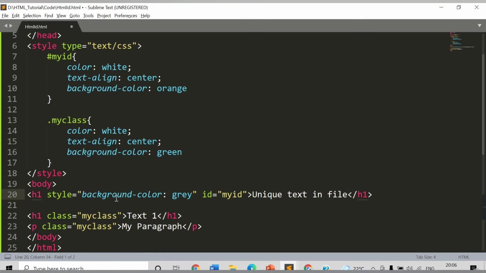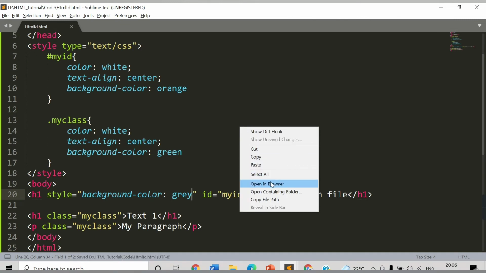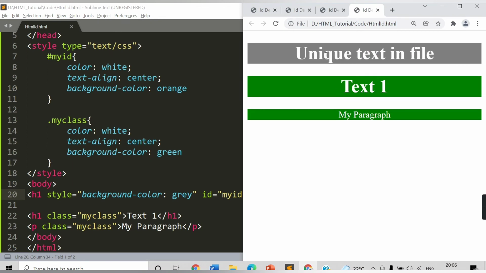Because here we are saying that the background color should be gray, but we have also provided the ID as myID, and inside myID the background color is orange. Let's check what color it will assign to the h1 tag now. See, it has applied gray color because we have explicitly provided the style attribute inside the tag. So if you provide the style attribute in the tag, the properties will be applied from that particular style attribute.